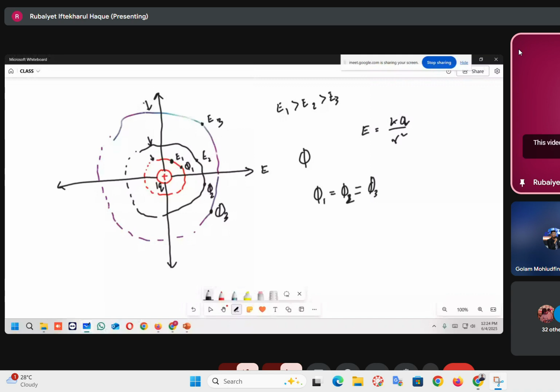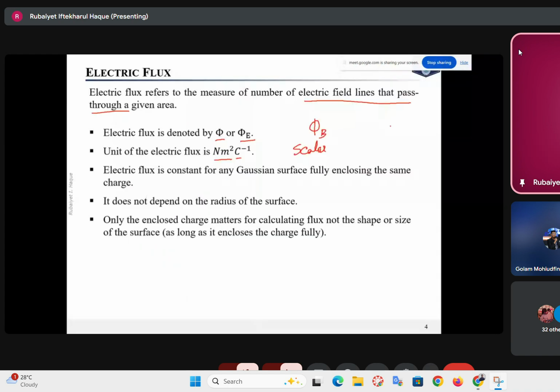বুঝছেন জিনিসটা? কিন্তু ইলেকট্রিক ফিল্ড ডিপেন্ডস অন দ্য শেপ এন্ড সাইজ। ইলেকট্রিক ফিল্ড ছোট বড়র সাথে এর ভ্যালু ছোট বড় হচ্ছে। ইলেকট্রিক ফিল্ডের ক্ষেত্রে আছে, কিন্তু ফ্লাক্সের ক্ষেত্রে নাই। এটাই মেইন জিনিস। আমরা এটা পরে আবার আসবো। এটা হচ্ছে দ্য প্রপার্টি অফ দ্য ইলেকট্রিক ফ্লাক্স।